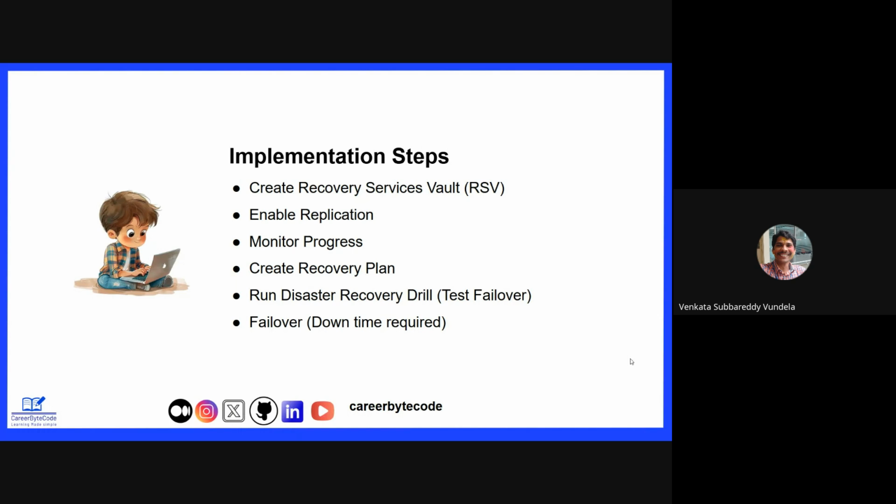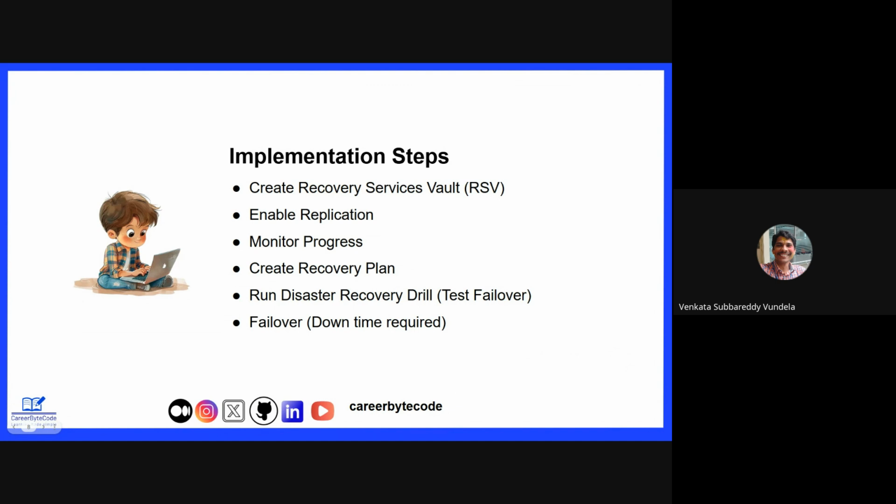When we implement Azure Site Recovery, we'll have the recovery services vault component, and we'll enable the replication. After enabling the replication, we need to monitor the replication status. What components are going to be installed? What is the status? Is the replication a success or a failure? If a failure, how do we fix and mitigate it?